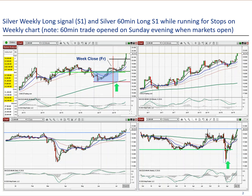and triggering nicely here. As we can see, these wick highs on the weekly chart offer a lot of swing potential. Taking a lower time frame trade, so 60-minute, you can actually ride the weekly chart, because these are stop run levels. Let's have a quick look here at this 60 minutes. So this is the pattern, and this was the Friday evening close. I didn't enter this trade on Friday evening because I don't want to be exposed to the weekend gap risk, right? But the futures markets open on Sunday evening, Eastern time, and I took the trade on Monday morning with no gap risk anymore, and the stop